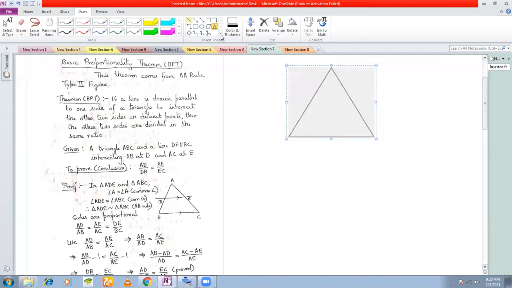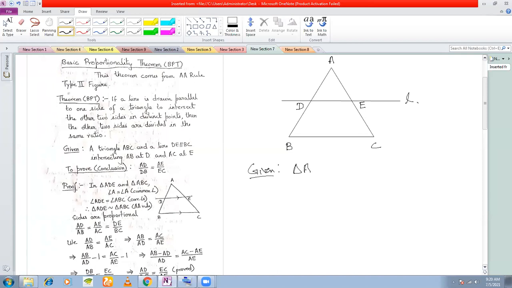If you have a triangle given to you such that a straight line intersects two sides of the triangle. So what is given to you? Any triangle ABC is given to you, and a straight line, say L, intersects this triangle at 2 points D and E. Okay. So given here,